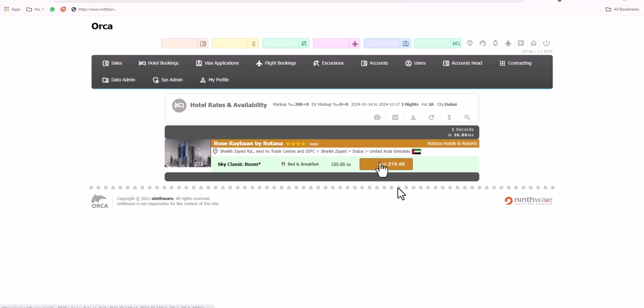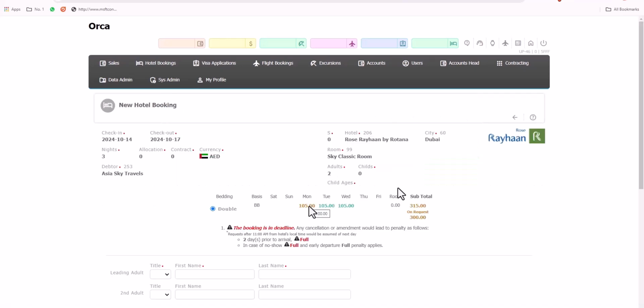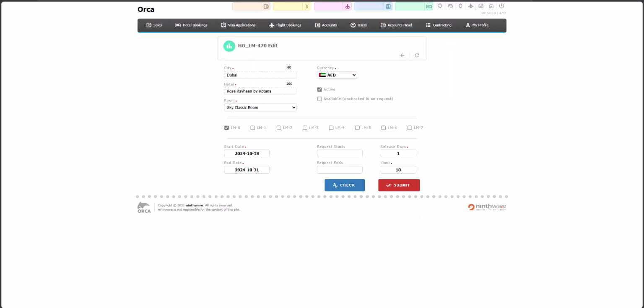We're going to see it as yellow. And right here, the system will actually show us that Monday, for example, is on request, but the next 2 days are available. But for example, if we change this to 0, meaning the check-in date and booking date are the same, and at the same time we uncheck this box,